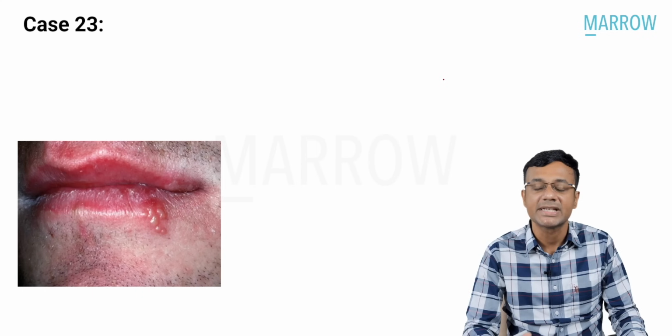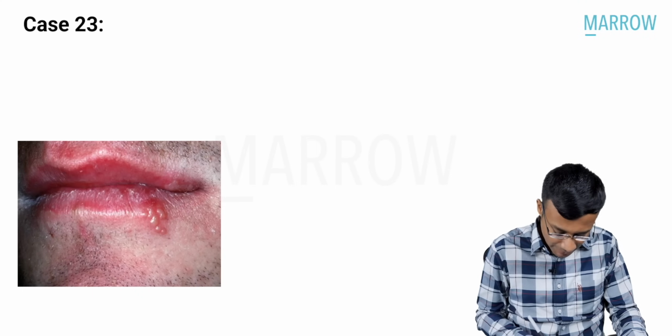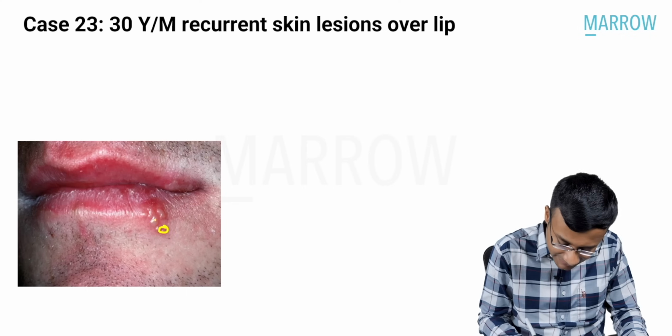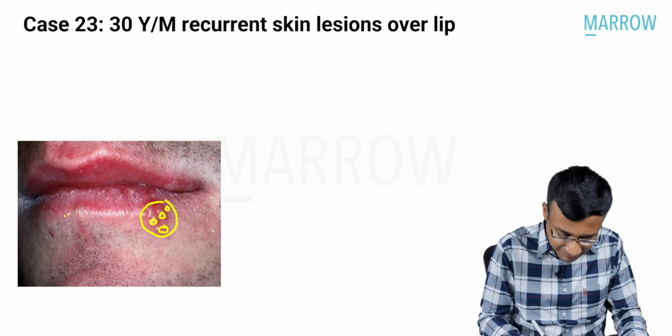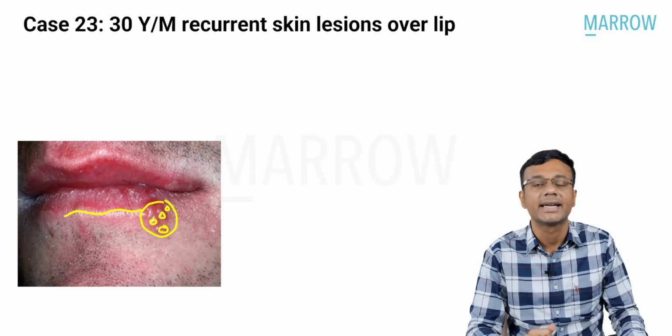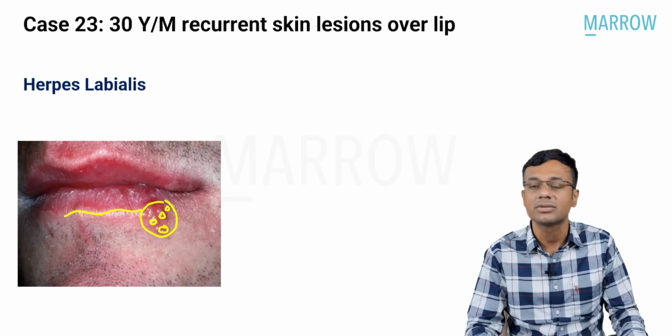Next is a case of a patient with recurrent skin lesions on the lip. When we look at the lesion here, we see 3 points. Point number 1, the lesion is vesicles. Point number 2, it is arranged in a group pattern. Point number 3, it is along the lip margin. So vesicles, grouping and lip margin, our diagnosis is going to be herpes labialis, also known as cold sore or